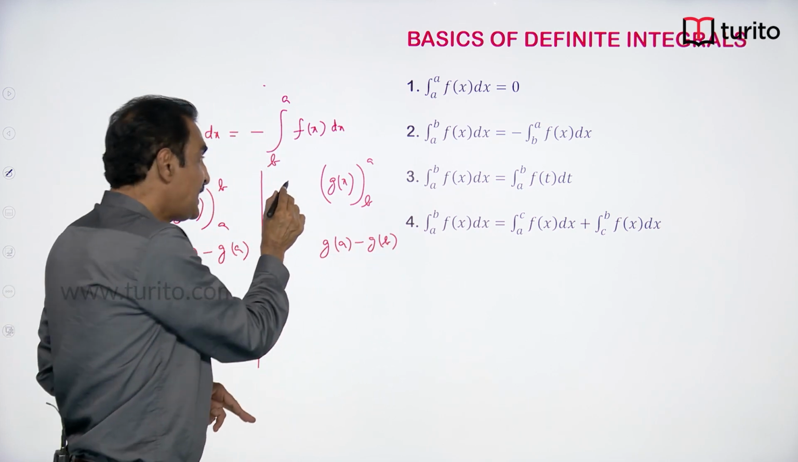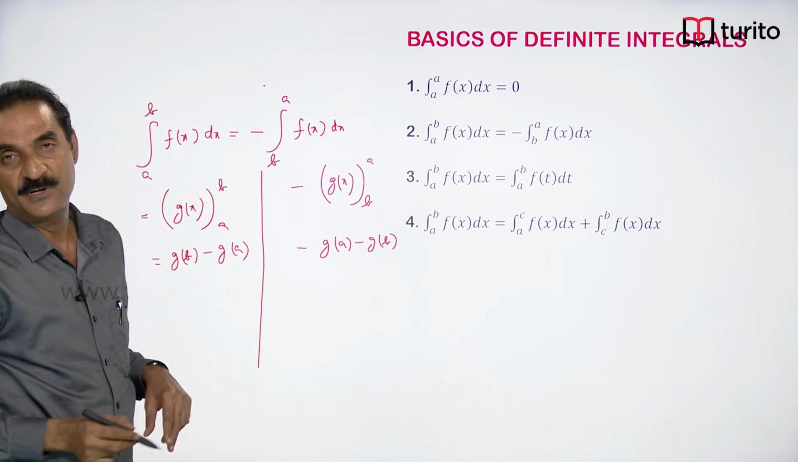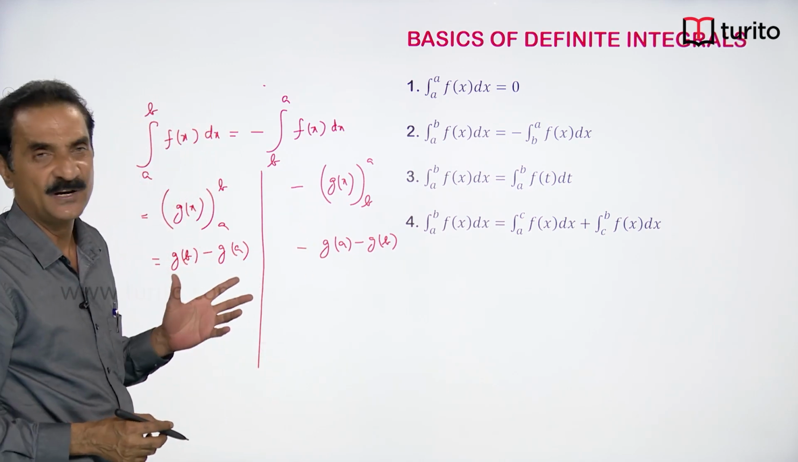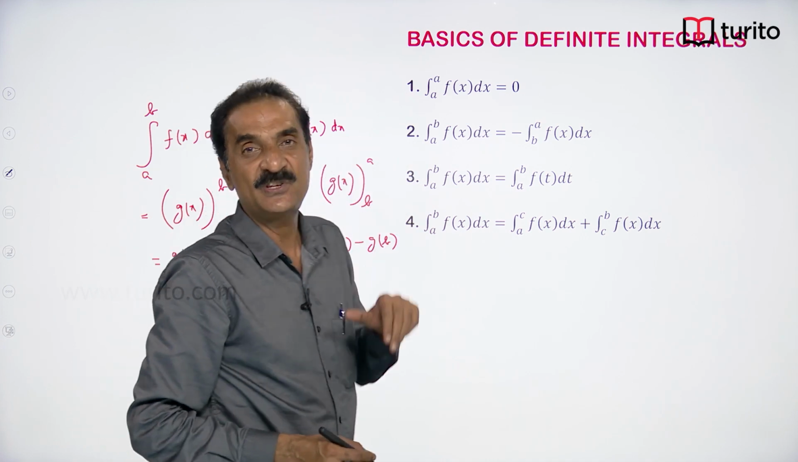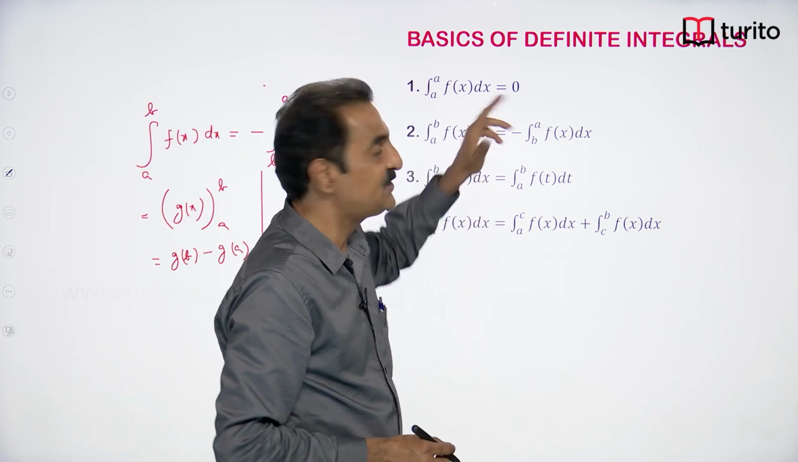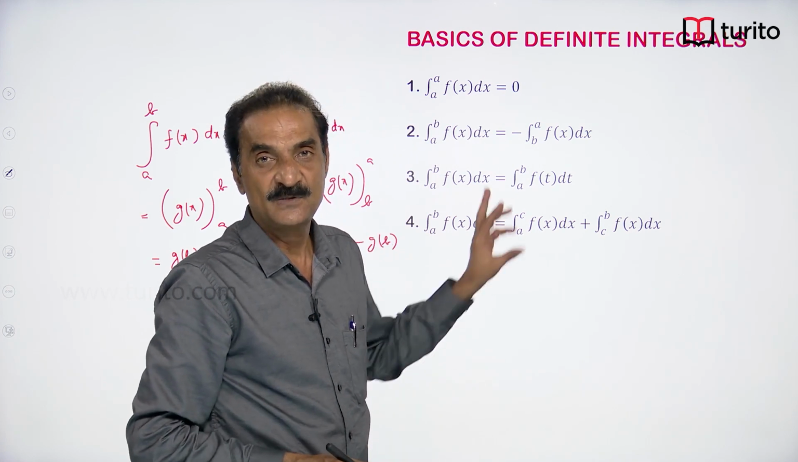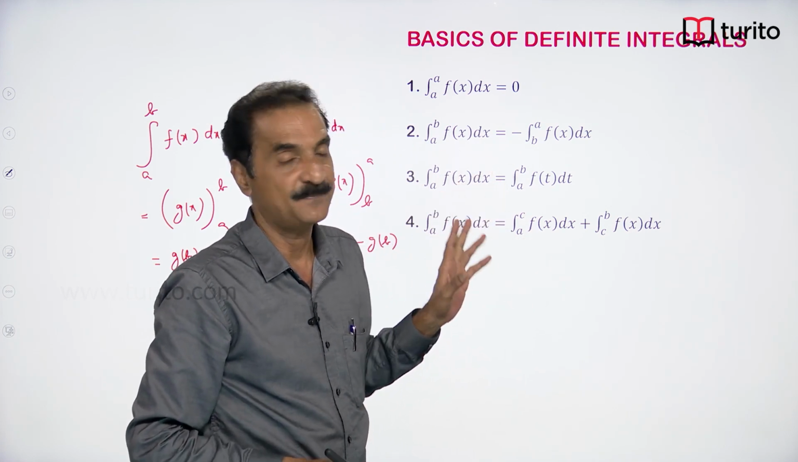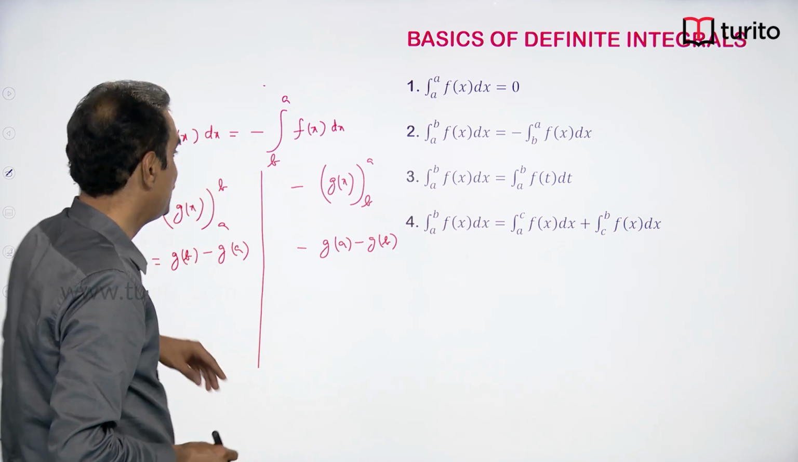Therefore, by taking minus sign, it will be equal to this. Very simple to understand. So, whenever you interchange the limits of the definite integral, the sign will change. Plus becomes minus, minus becomes plus. The next point is